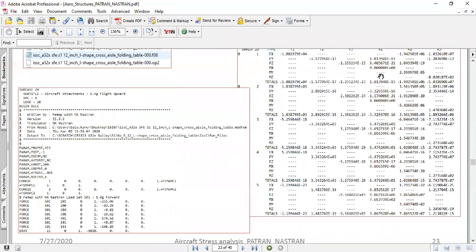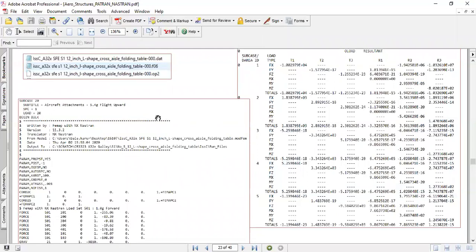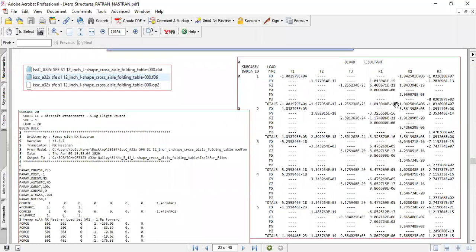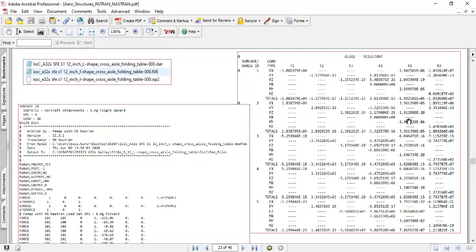Over here, on the left hand side I have put the BDF file. On the right hand side, it's the snapshot from the F06 file, which is nothing but the load resultant. I have applied various different load cases. What is the total load that is being applied? I'm able to visualize that. I can just copy it and dump it in a spreadsheet and use it for any hand calculations if I require.